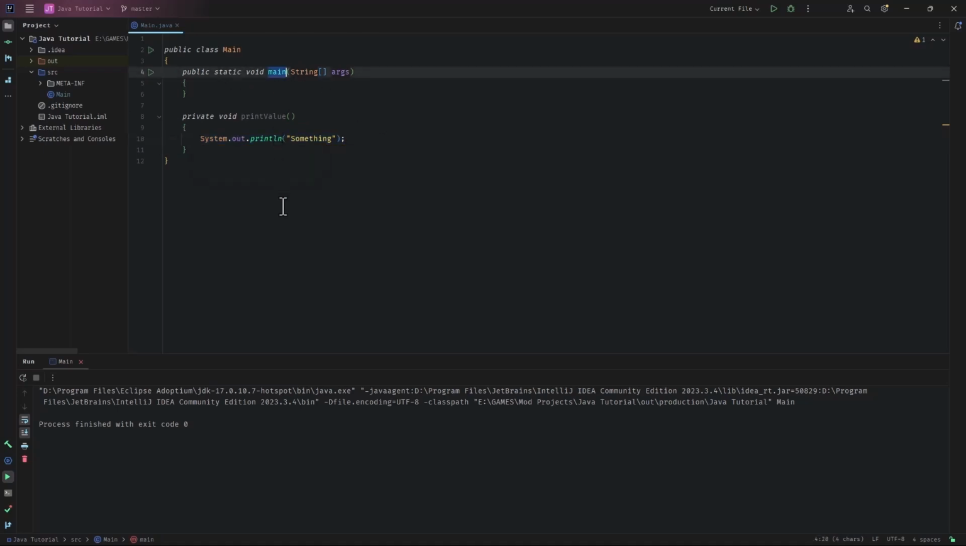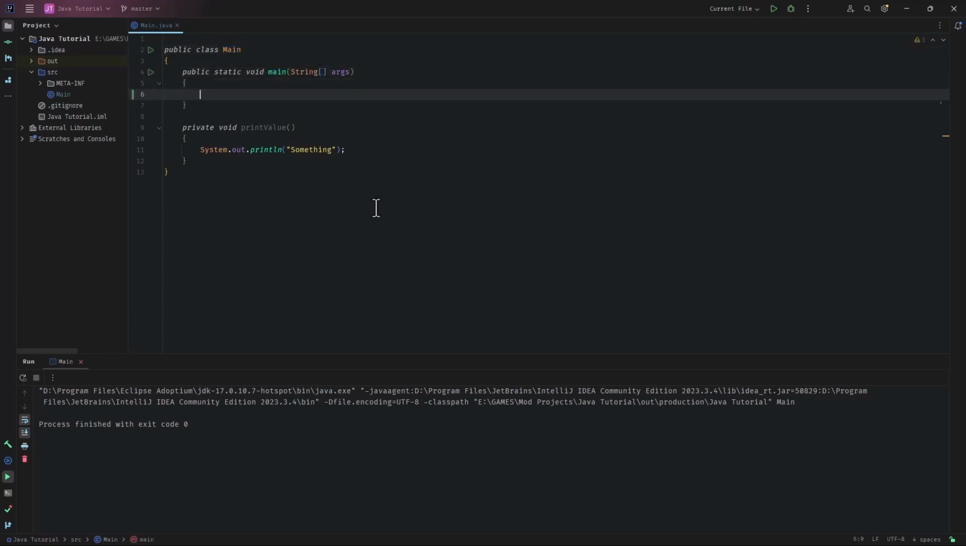Main here is a method. But in Java programming, especially console programming, main is a very special method. This means that whenever you run the program, it will look into the main class and run this main method in it. If we want to call our method at the program execution time, we can say print value with